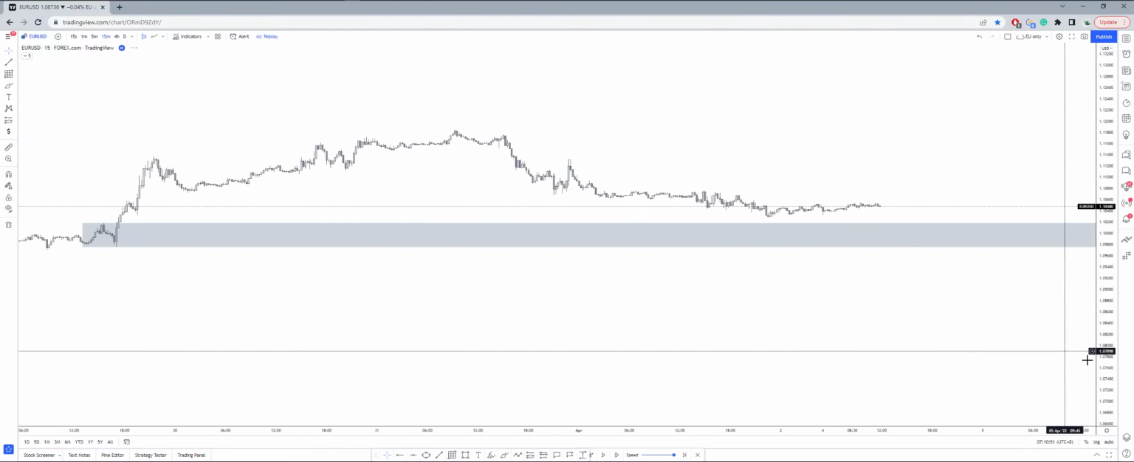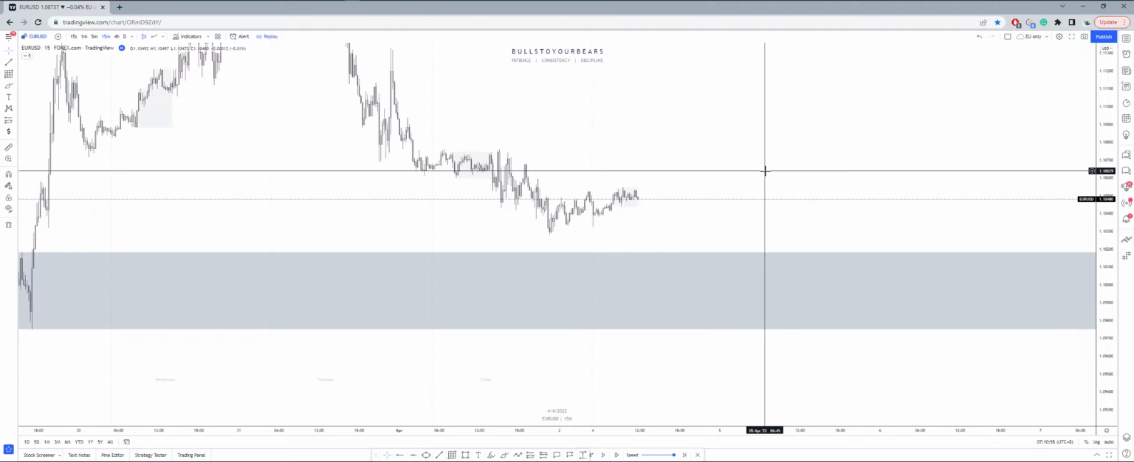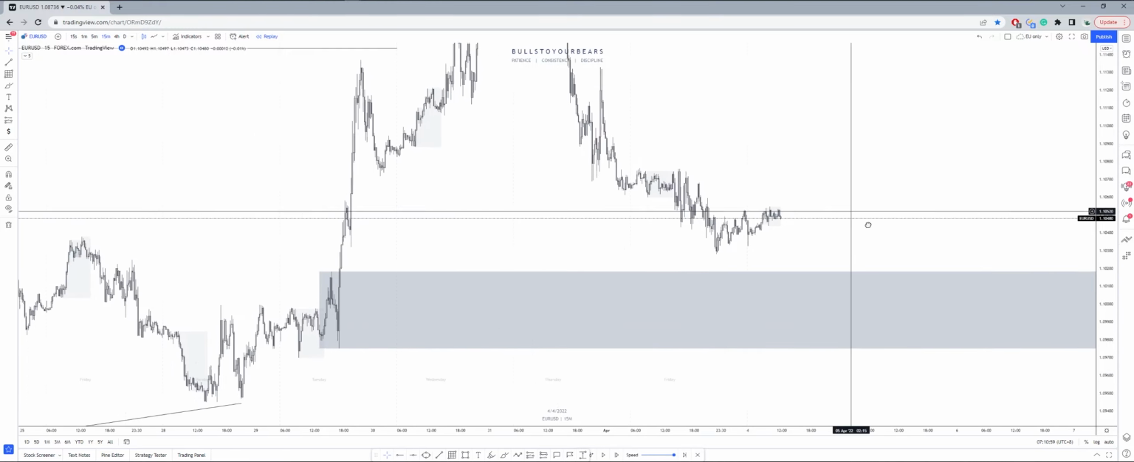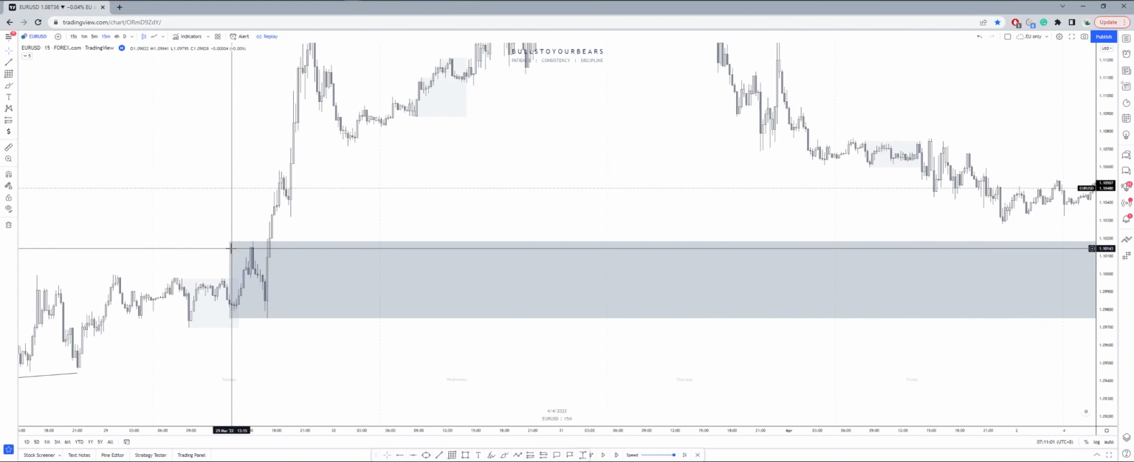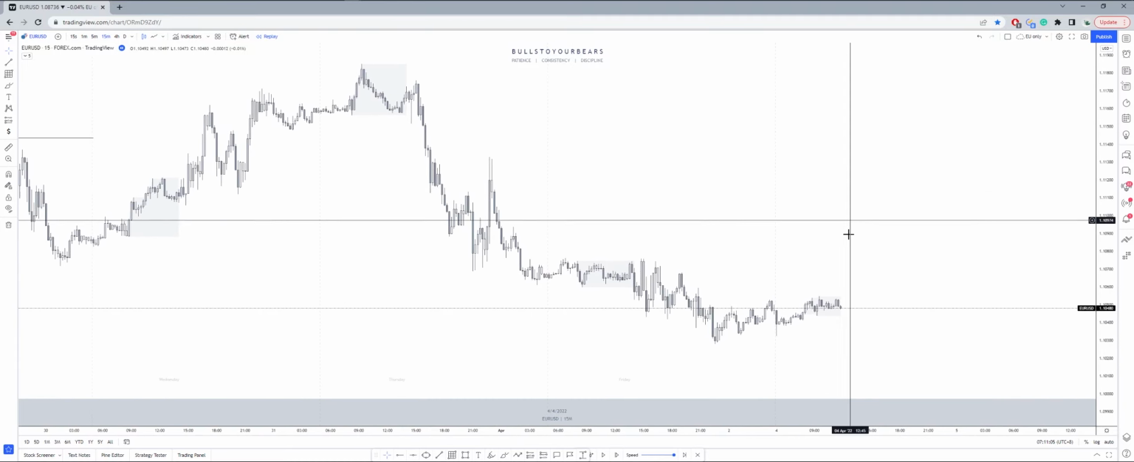Let's go down to M15. Let's take a look at M15. What does M15 have to offer? This zone is honestly too big. Let me make it smaller, like this. Okay, on the M15,